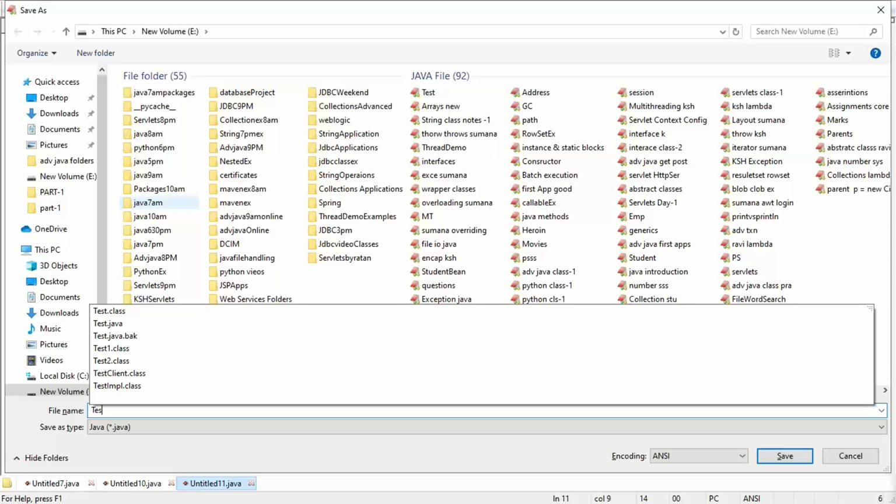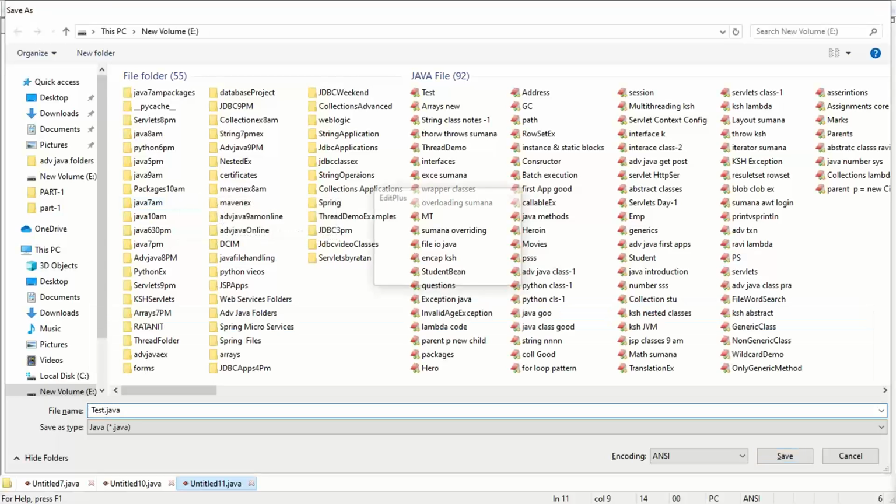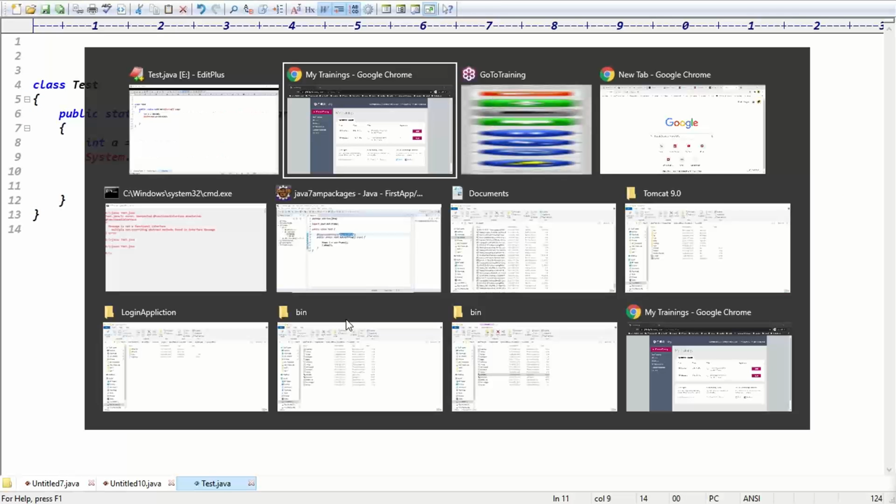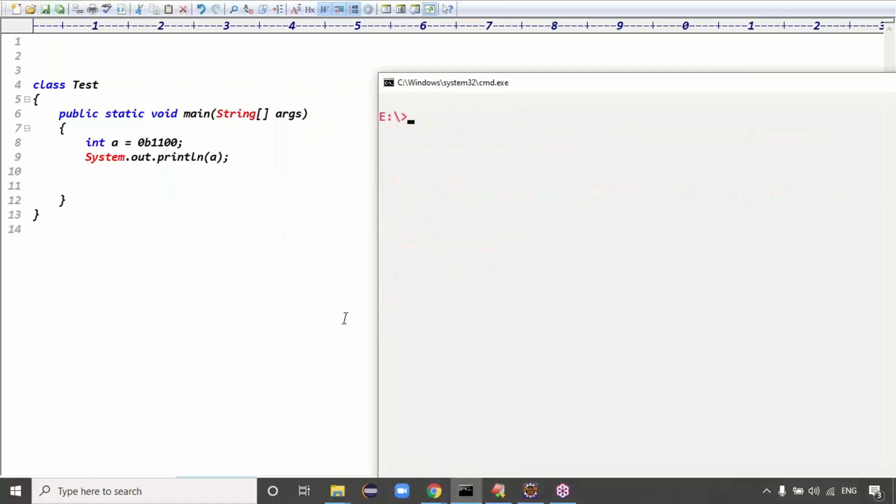Let me save this code in local disk E. The file is called Test.java, right? That's it. Tell me guys, in this case what is the output now? Definitely the code compiles fine. Guys, in 8421 code, which flags are enabled? 8 and 4 are enabled, which makes 12. What do you expect as output here? 12, right? So we got the output 12.